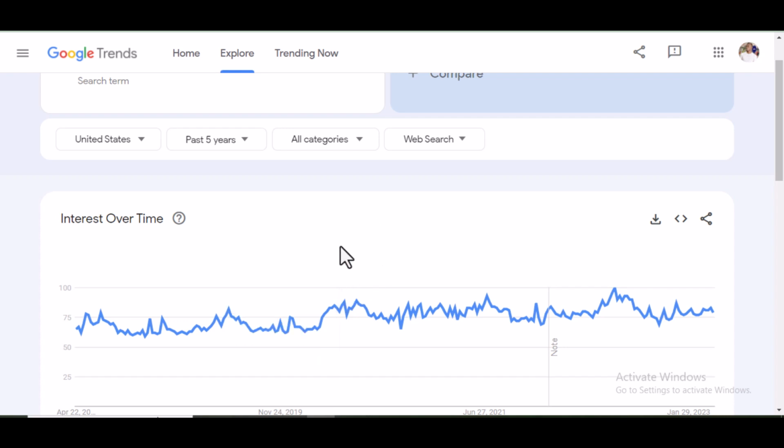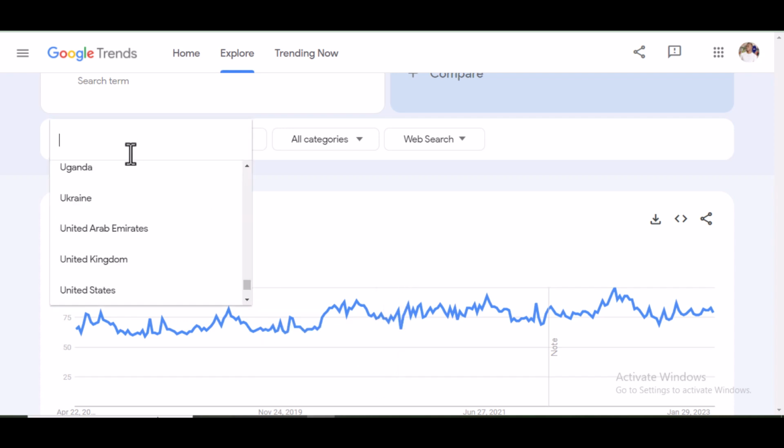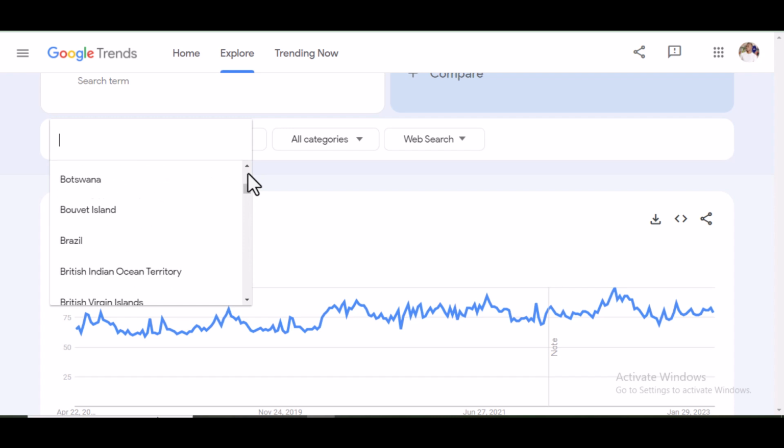that in Nigeria. And let's assume that you don't have a particular country you want to target. You are confused of the particular country to target. You want to know where you're likely going to be getting most of your traffic from. All you have to do is to click on this again and click on worldwide. Since you don't want to know the countries that are interested in dogs, you click on worldwide.